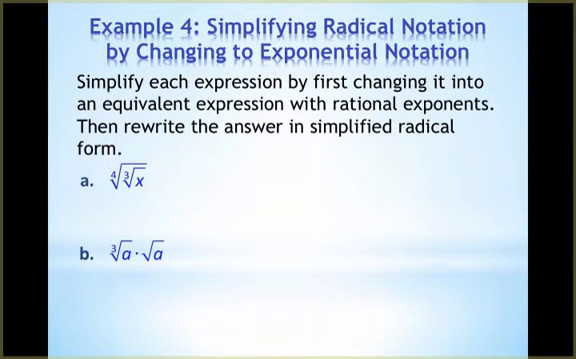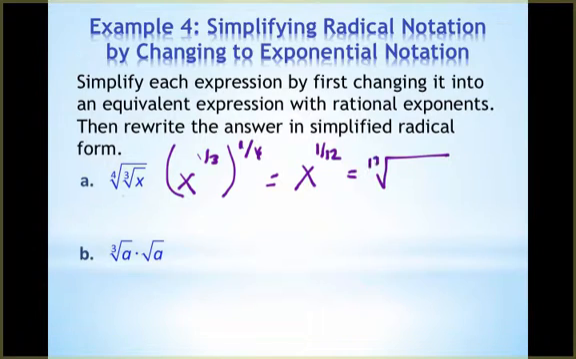In this example, we're going to simplify each expression by first changing it over to fractional exponents, simplifying, and then changing it back to radical form. So the first problem is the 4th root of the cube root of x. But remember that the cube root of x is the same thing as x to the 1/3. But then I want to take the 4th root of that, which would mean that I'm going to raise that quantity to the 1/4. But then we know that when we raise a power to another power, we multiply exponents. So that would be x to the 1/12, but in radical form,